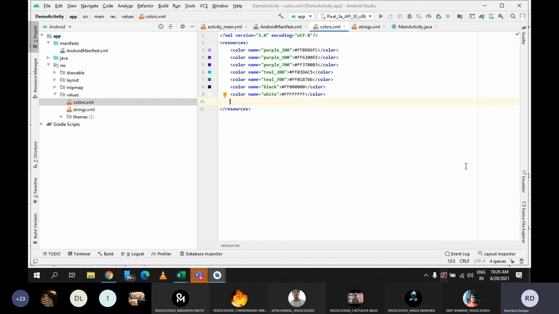Similarly, if I have HTML and I have an XML file, if I want to make a connection between both the things, I can do it. So that's why XML is a widely used language. It is convenient for all the platforms. That is the biggest advantage of having XML files in any platform. Clear?